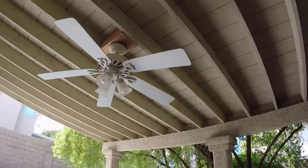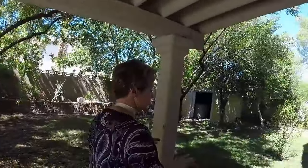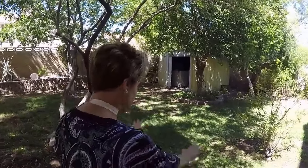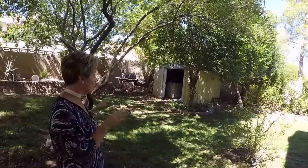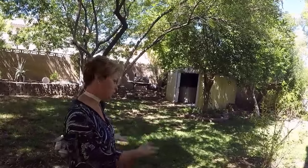Okay. It's got a nice breeze coming in through here. It's got your shade, so you're fine. This backyard, ideally, is not great from an investment rental standpoint because you see grass. And we know tenants aren't going to take care of grass. They're going to let this die. So what I told Eric, and this is my philosophy, we will keep it green. When the tenants move in, it's their responsibility to keep the grass green. When they let it die, when they move out, we'll come in and we'll decide what we want to do